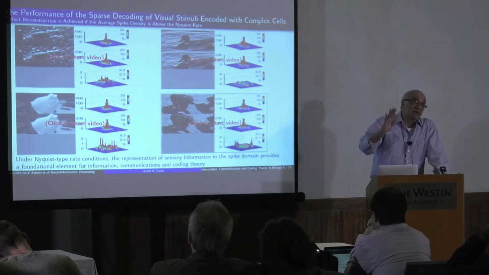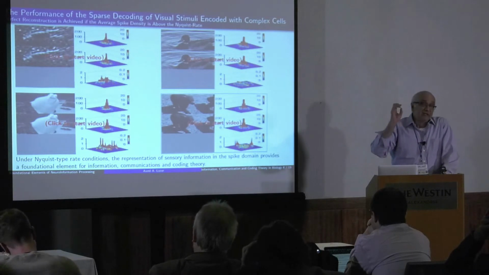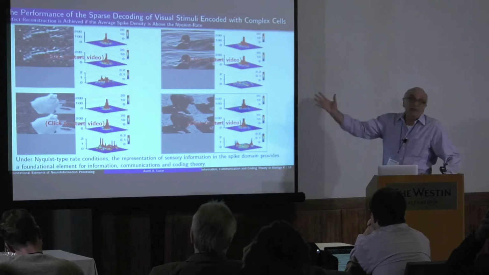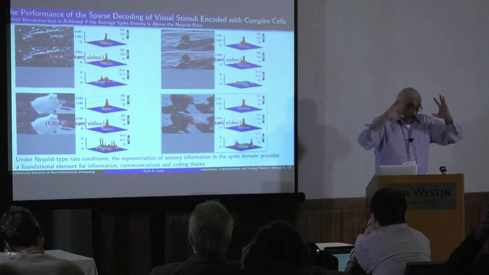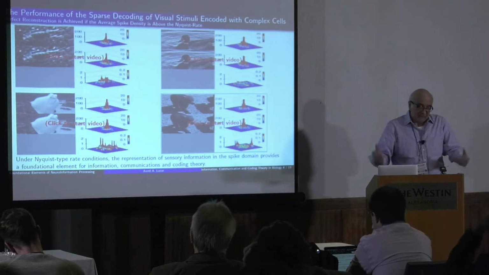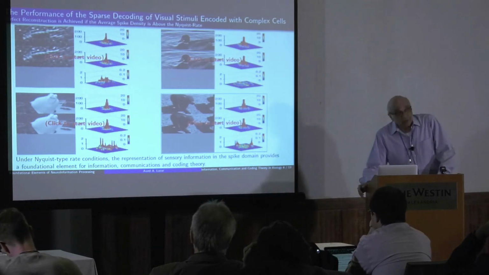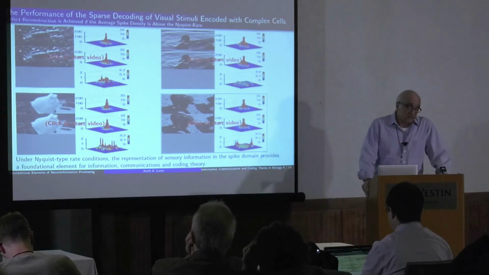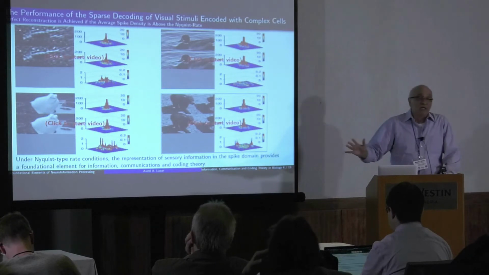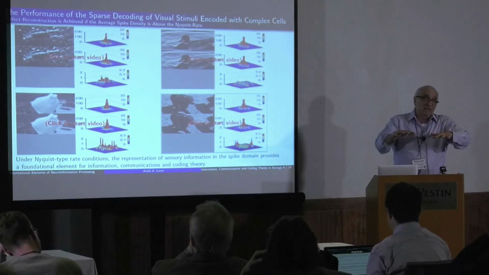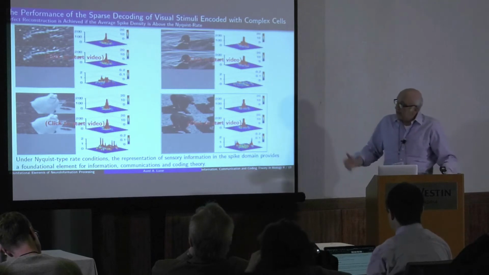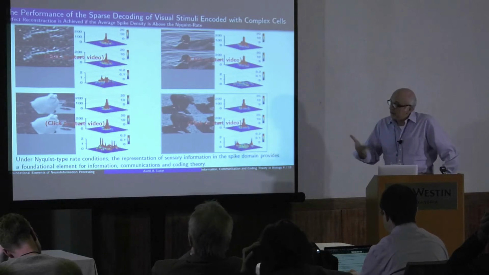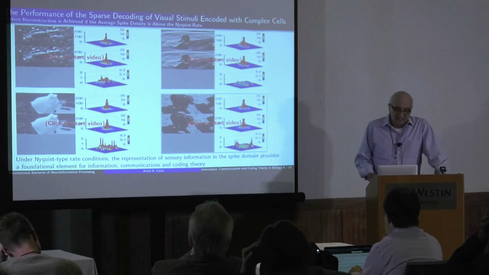So in order to start talking about information theory in this context, in order to talk about communication theory, coding theory, one needs a theorem which tells you that, let's say, the visual space can be represented in the time domain. Because everything is nonlinear, this originally was a big headache to demonstrate, but now we have results of this sort. So this is very powerful, because suddenly these fields have a foundation on which one can build. Exactly as is the case today in information theory, where there's Shannon sampling, and we know how to build things on top of it.